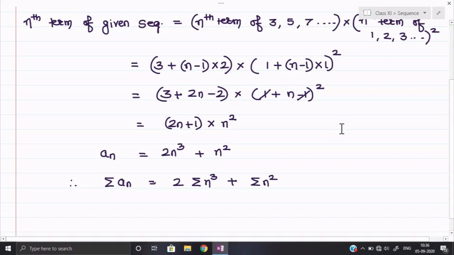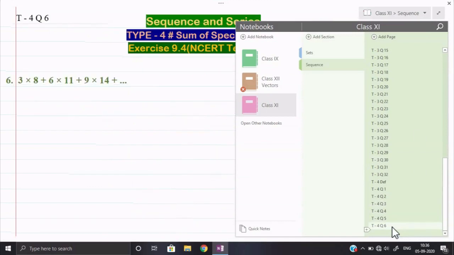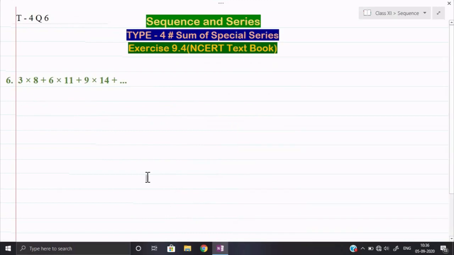Okay, we can see one more question if it is possible. So one or two questions today you must try. I think the sixth question can be done by you. Fourth and fifth I will explain to you. See the sixth question. Sixth question is also very simple. That can be easily done by you.